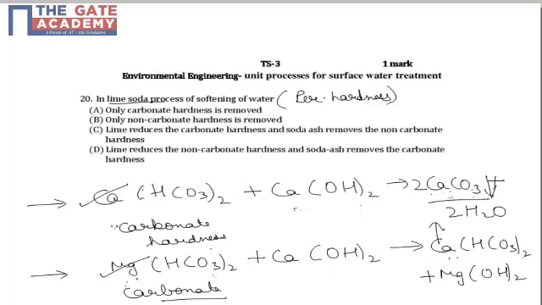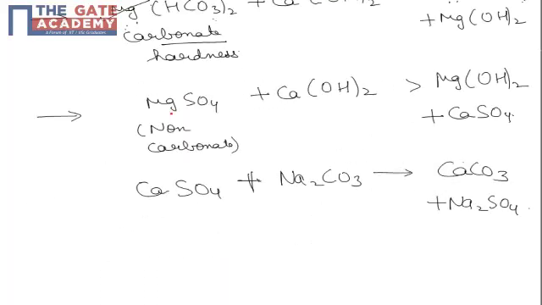Now if we talk about non-carbonate hardness, let us say MgSO4, which is a non-carbonate hardness, it reacts with lime first of all to form Mg(OH)2 plus CaSO4. CaSO4 is again a non-carbonate hardness of calcium. So here you see that the role of lime is to convert the non-carbonate hardness of magnesium into non-carbonate hardness